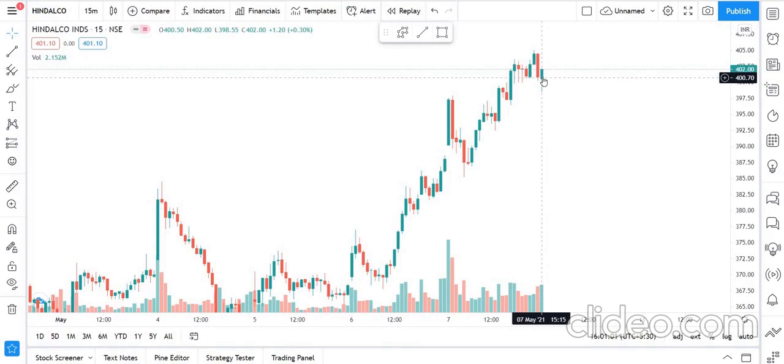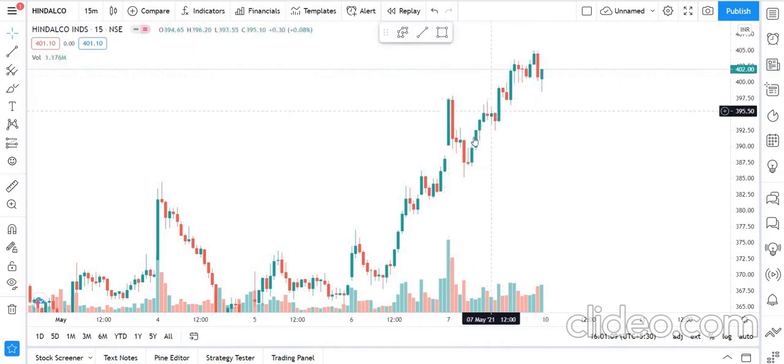Okay, so for the veterans who have a good amount of experience in the market, they can trade at any point of time. But for the beginners, I would like to suggest the time after the initial 1 hour, 1 hour 15 minutes of the market, till the pre-opening of the global markets. That's the best time to trade for beginners, because there will be a little bit of momentum, but there will not be much volatility. The volume will be good. So you can take your trade with small stop losses, and you can learn in the market.